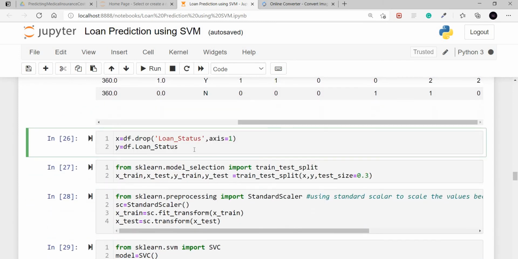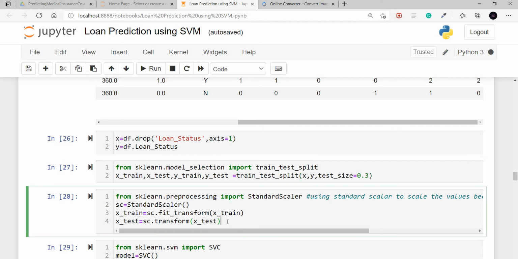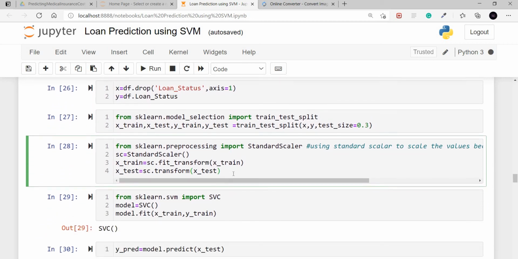So now we need to split the data into x and y, and again split x and y into x train, x test, y train, y test, using train test split under the sklearn library. Now coming to the pre-processing part, I'm using standard scaler here because we have a lot of difference in our data.